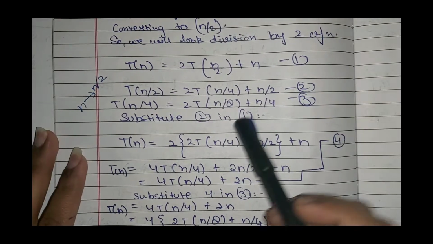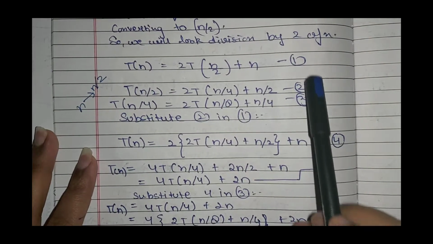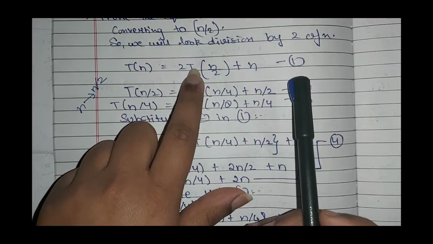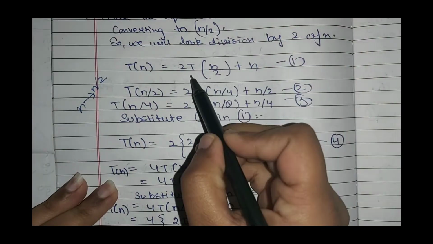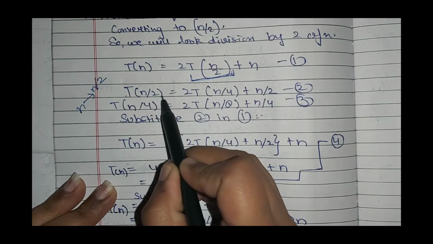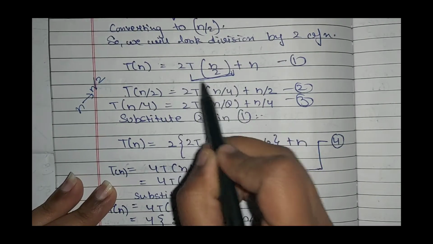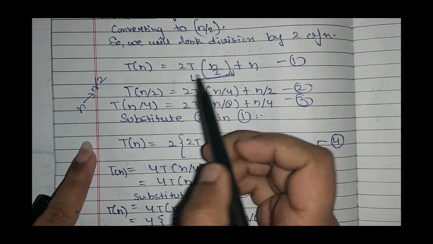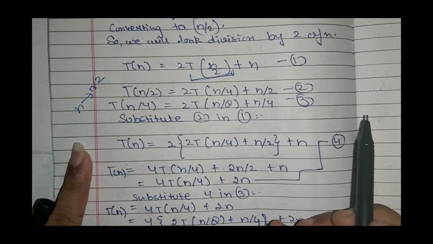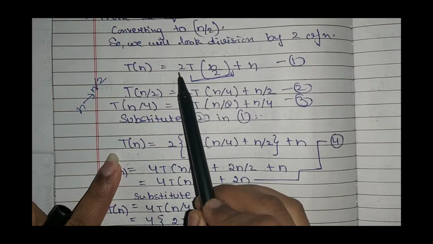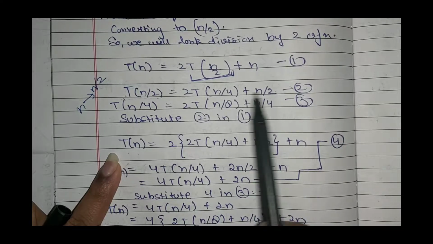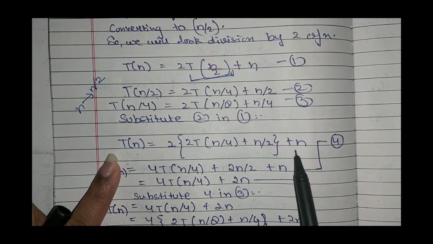Now we'll substitute them. We are substituting equation 2 into the first, this equation into this equation, as we have n by 2, right? T of n by 2 is given. Here is T of n by 2. This value and this value are the same, and we'll put this value into that place, right? So we'll put T(n/2), this whole value, into this part in equation 1. So T(n) will become 2 as it is. Here T(n/2) will be this, 2T(n/4) plus n by 2 in curly brackets, and here is n, we'll write n.